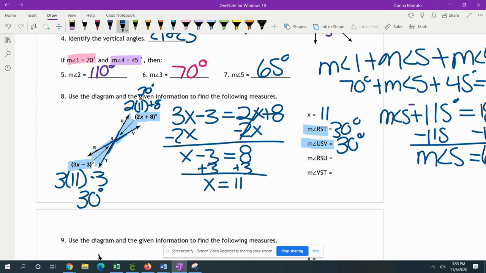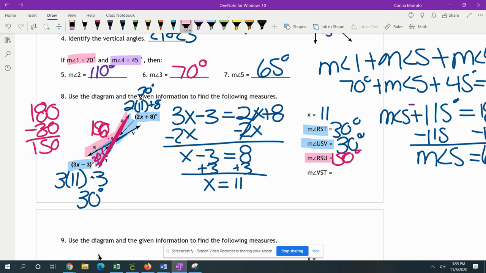So now they're asking us for RSU. So RSU is this outer angle here. So the way that you find that, if you look here, it makes a straight line here with this angle, which we know is 30. And this one, we don't know what it is. So that means they both need to add up to 180. So to figure it out, we're going to do 180 minus 30, and that gives us 150. Okay, so this is 150